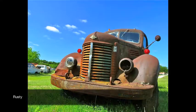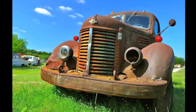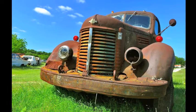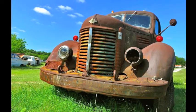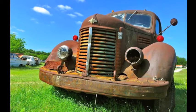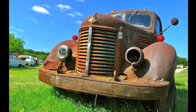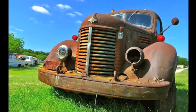Okay, the next image is Rusty. It's a classic-looking old International Harvester truck sitting out in a nice green field at what looks to be a junkyard yet again, with blue sky, puffy clouds, beautiful day. A little bit of a trite shot. I mean, this is kind of an 'I'm going to go shoot an abandoned car 101' kind of shot,